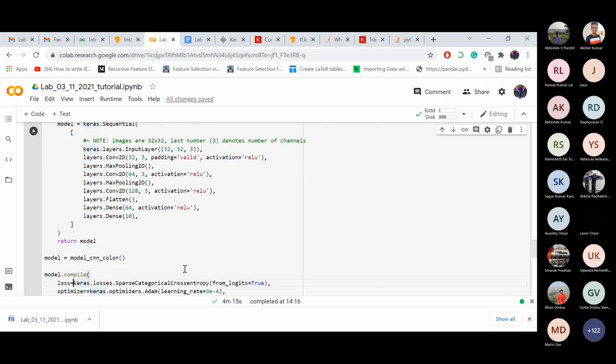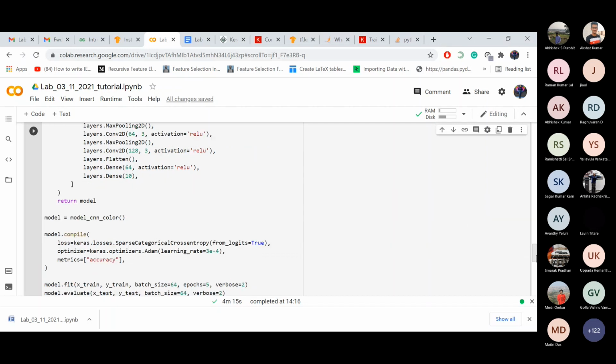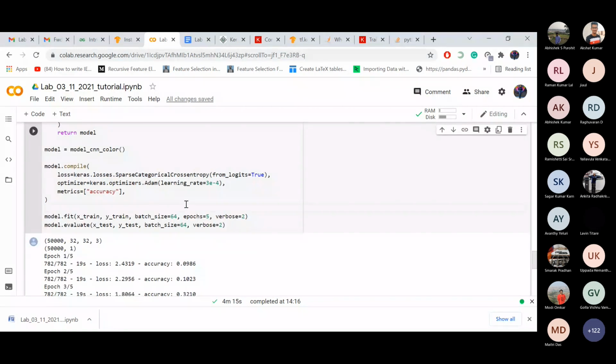Again we have done the same thing. We have flattened the layers after getting them from the operations. Then we have passed through a hidden layer of 64 neurons, and then the last will have 10 neurons. Then again we have called the backpropagation model and then tried to fit and evaluate.